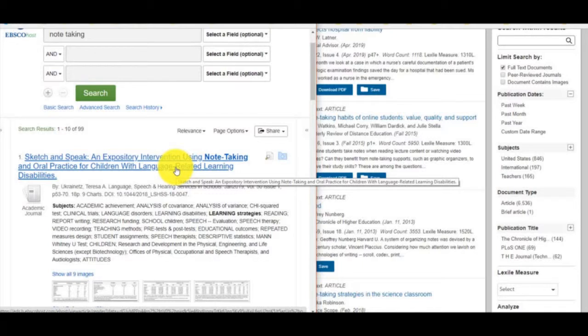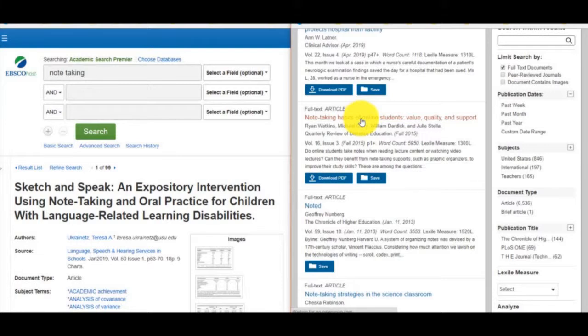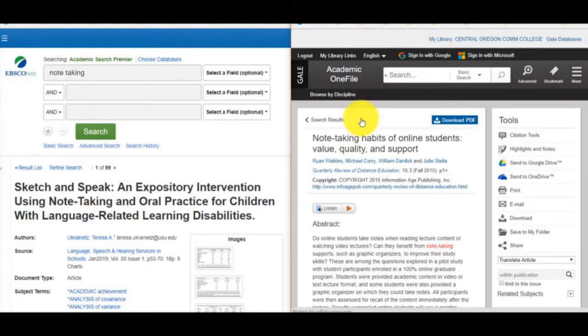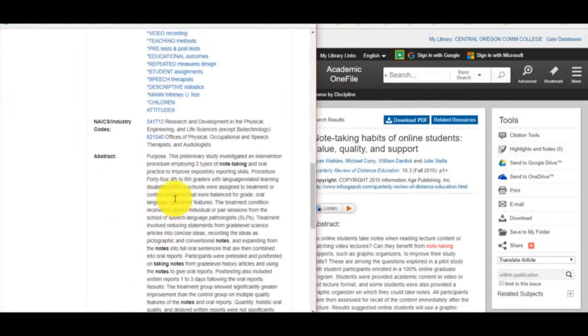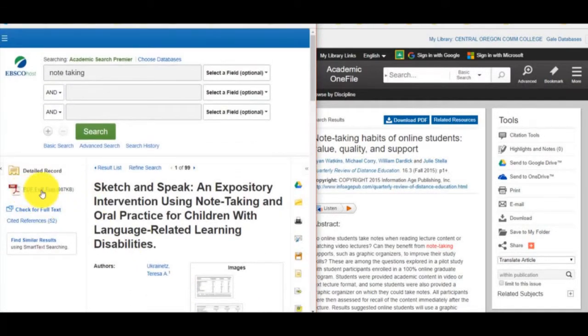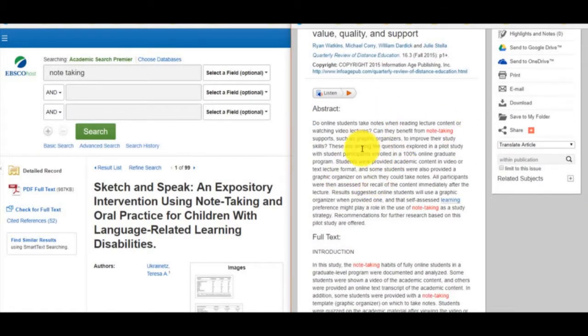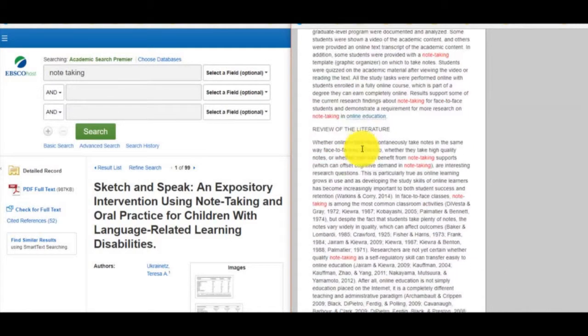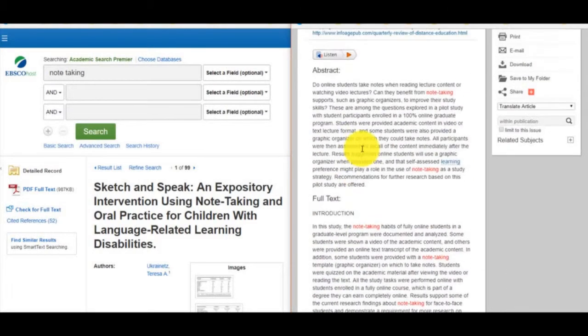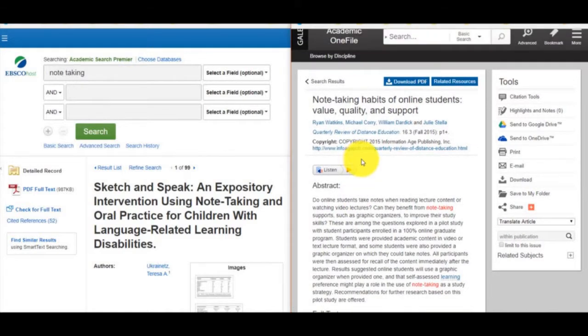Once I find an article I want to read, I click on the title in the results list. Depending on the database you're searching in, clicking on the title will bring me to some basic information about the source, including an abstract or a summary of the article and the full text. Oftentimes, you might see that basic information and then have to click another link to read the full text. Either way, many of the databases will have the full text ready for you to immediately read. Once you're done with an article, you can click on the result list link to return to your results and